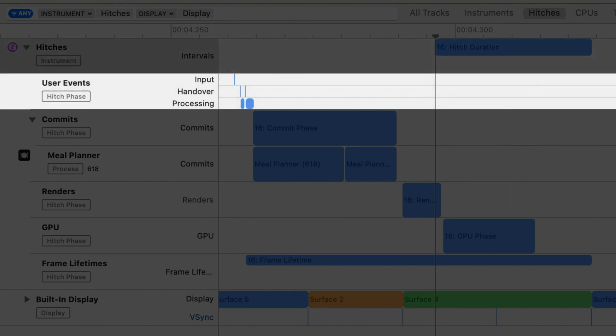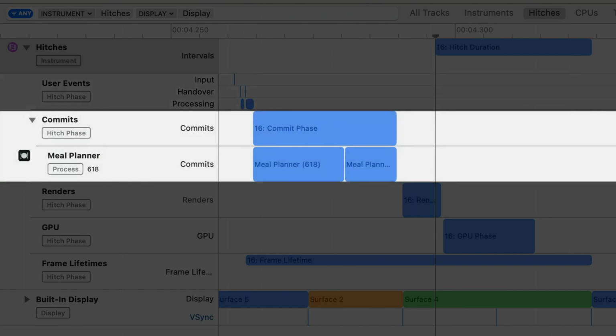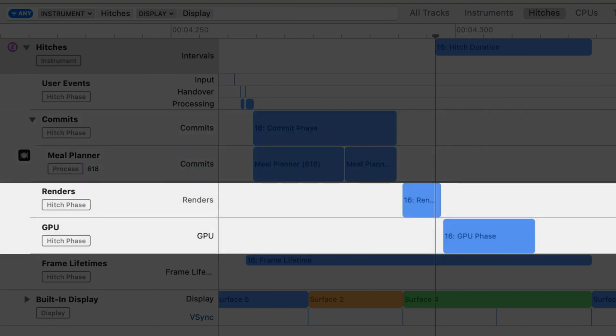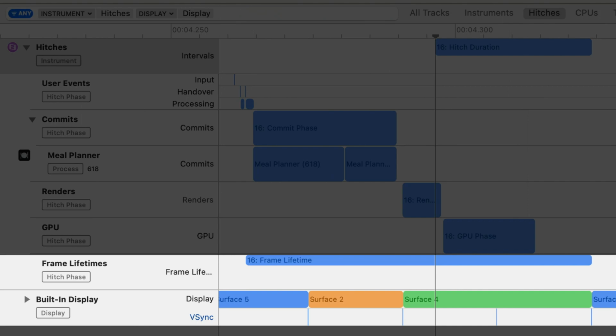The user events track shows the user events associated with the hitching frame. The commits track shows all commit phases sent to the render server during that frame. Make sure to watch Find and Fix Hitches in the commit phase for more on these tracks specifically. And here's what we've been focused on in this video. The renders and GPU tracks show the work performed by the render server. The frame lifetimes track shows the entire duration that it took to compose the frame from event to display. And finally, the built-in display track shows all the frames that appeared on display along with the vsyncs that happened